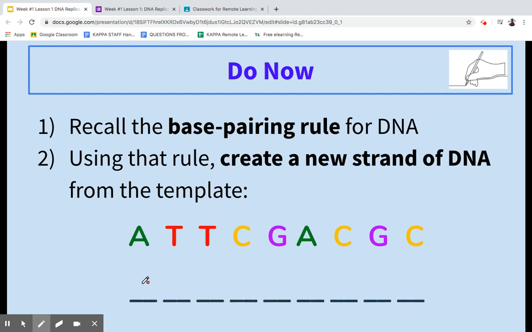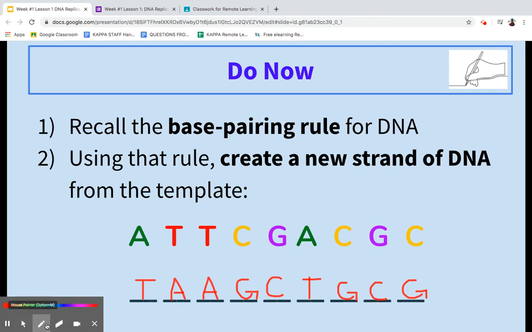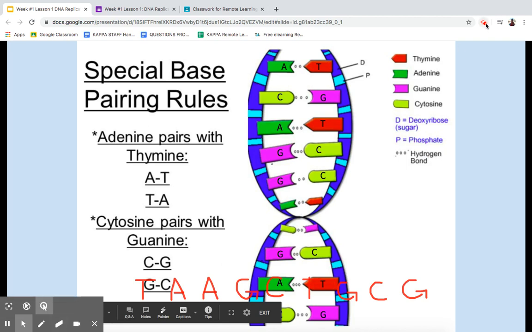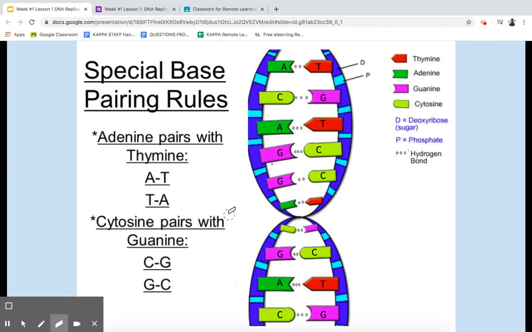So the A would pair with T, T would pair with A. C pairs with G. G pairs with C. A goes with T. C with G. G with C. And C with G. So that is our base pairing rule for DNA. All right, excellent. Now, how do I erase that? All right, so